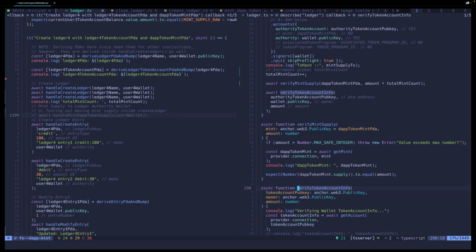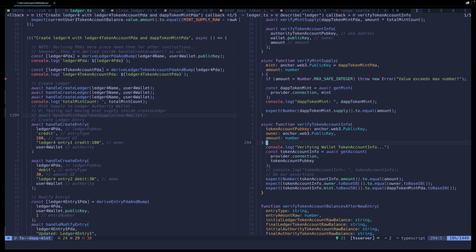And then it gets even more complicated when I want to verify the user's or the authority's wallet token account as well. If they've created 3 ledgers, then they have been minted to 3 times. So if you're keeping track of the total amount of supply or token balance that they have in their wallet associated token account, that corresponds with the number of ledgers. Well, how do you keep track of the number of ledgers per user? Without a high level DApp token manager data account where I'm keeping track of total mint count or total ledger count based off the user, this particular part in my test starts to get a little bit more challenging, because it means that I need to now